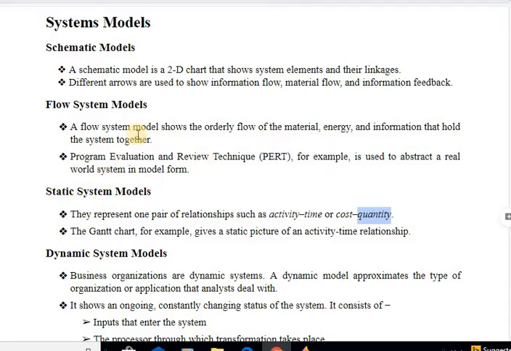For example, if we take any online shopping website, and I put in an order to purchase something from that site, my order will go to the accounts section, or you can say the financial department, first of all. Then I have to pay there, and then it will move to the sales department. From the sales department they are going to issue the product for me, or the sales department can further communicate with the courier company. So this is the flow or the linkage of the different units of a complete system.